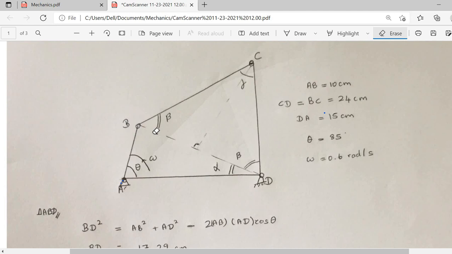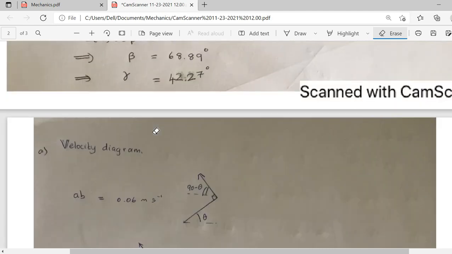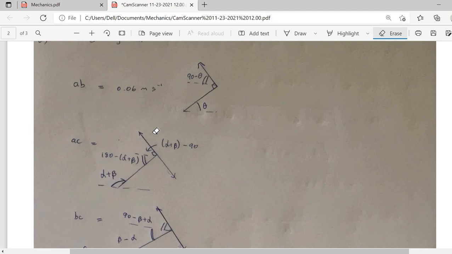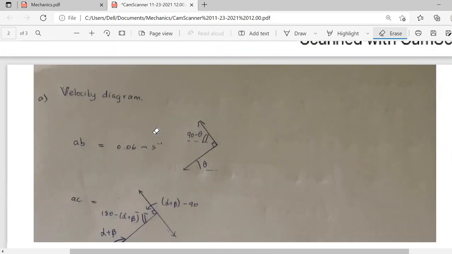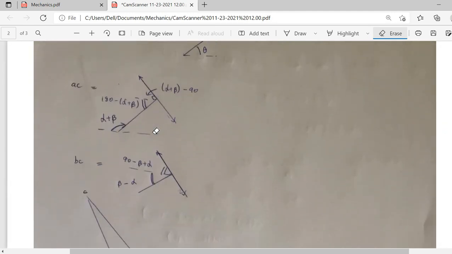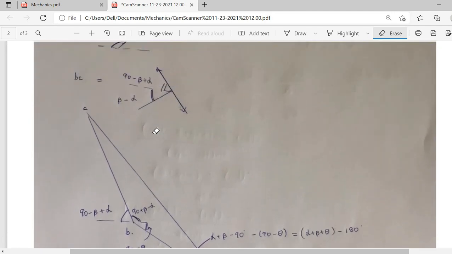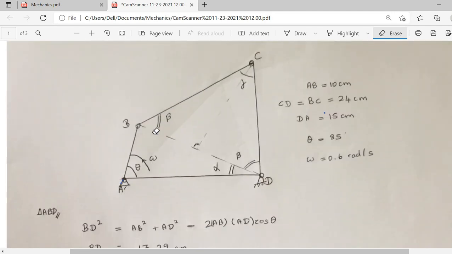So likewise, we need to find the angle for other velocities too. If I consider the value of AC, let's say I'm going to find the value for AC. So I think there's a little bit of a mistake. Okay, yes, because as I have considered that A is a fixed point, the value of this DC would be equal to AC, as I'm going to take this velocity as the velocity of A and D is equal to 0, as it's a fixed point on the earth. So directly we can tell it would be equal to AC. Let's say I'm going to take it as AC.